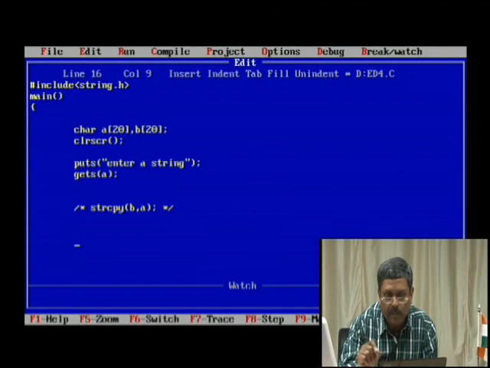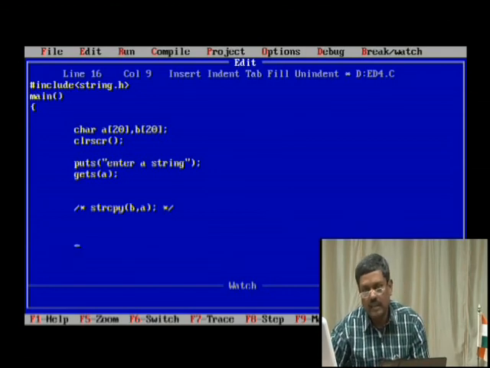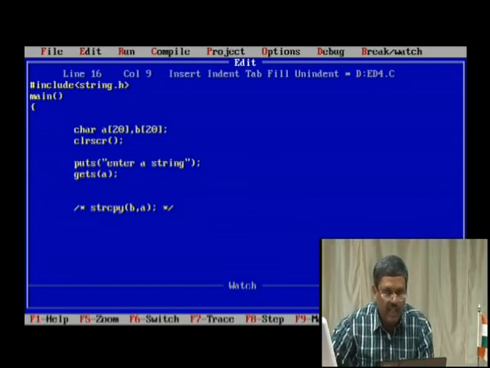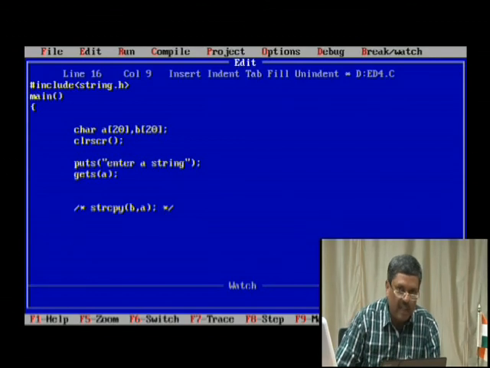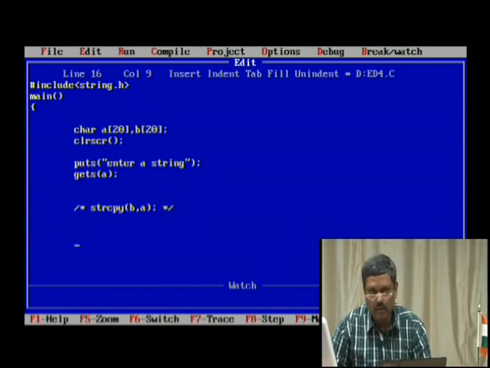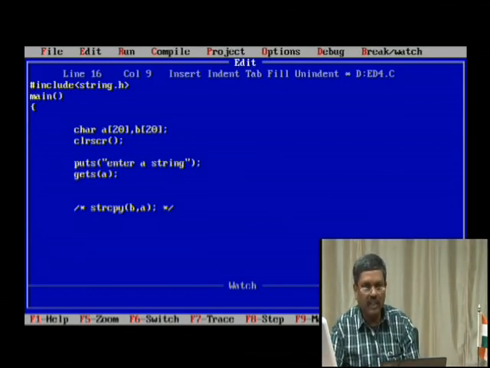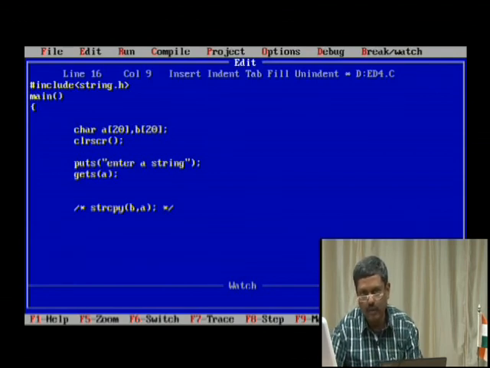That means you can simply write a statement like B of I is equal to A of I, as long as the character array A is not terminated. Once it reaches the end, until then you keep doing this.